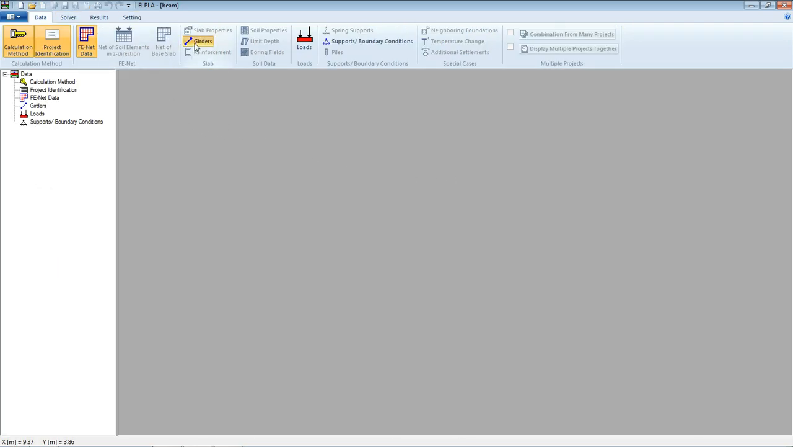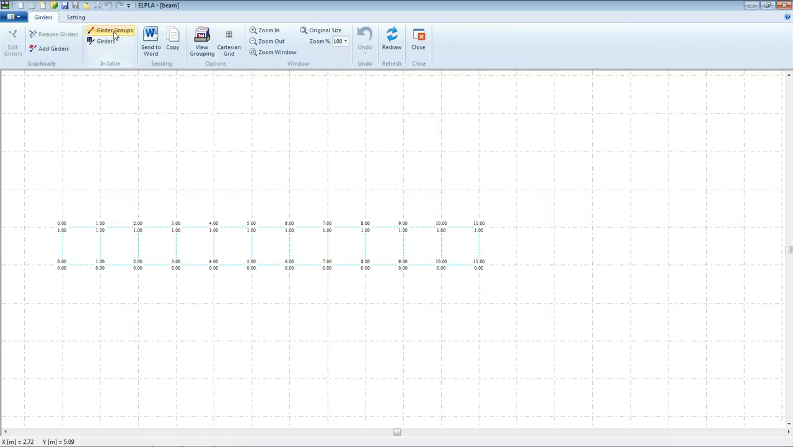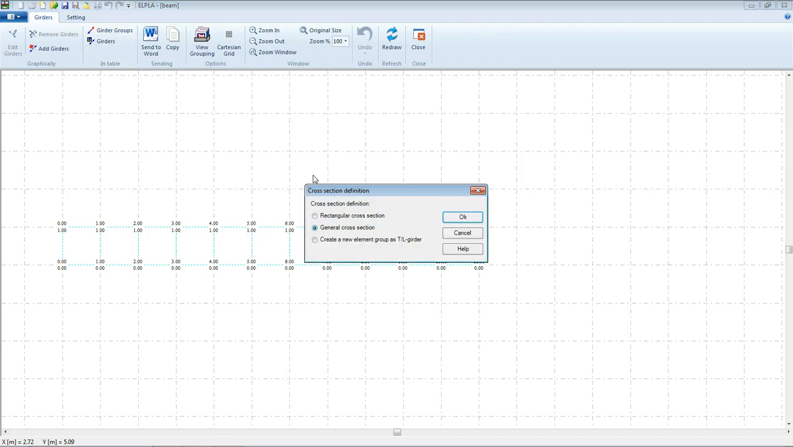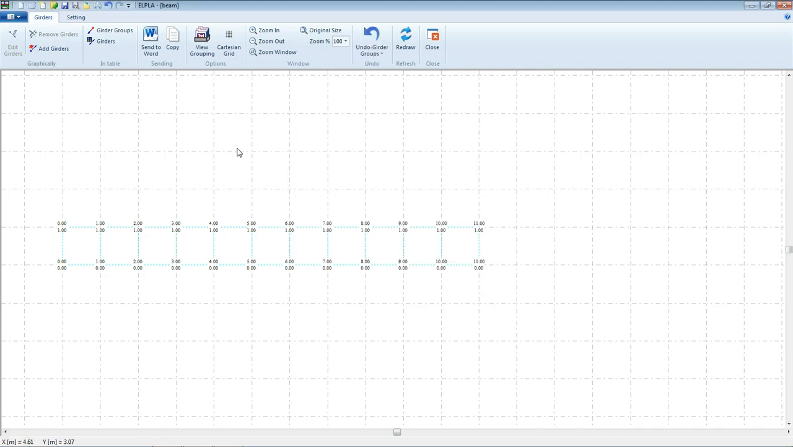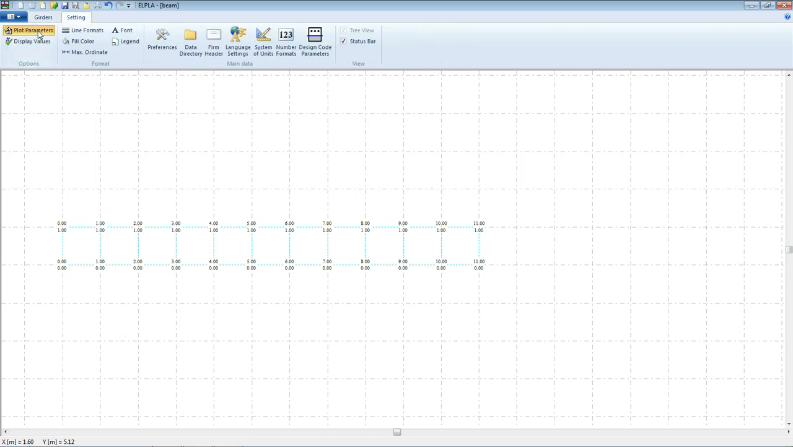Then we will select girders here. First we will select girders group, and from cross section definition we will select rectangular cross section. The Young's modulus will be 2 times 10 power 7, and the height will be 0.5 meter and the width is 0.2 meter. We don't have girder weight here for this problem. Then okay, and then we will draw